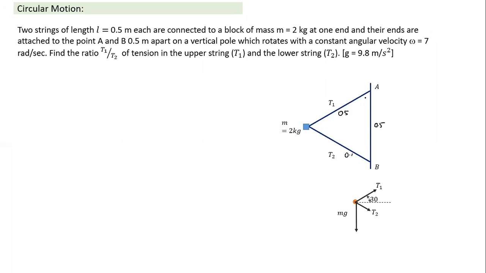So you can imagine we can rotate this rod, and these are connected to it, and we can make this mass rotate. If we give some velocity perpendicular to this, it will keep going in circular motion. So we have a vertical pole, and this mass is rotated. Suppose you take a long rod, attach something like this, and rotate the long rod with an angular velocity such that this also starts rotating with the same angular velocity. We set this object to rotate with angular velocity omega, which is 7 radian per second.